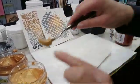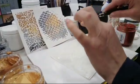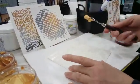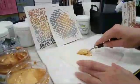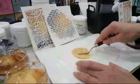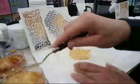So notice how I scooped up some of the metallic modeling paste onto the bottom of my offset palette knife. That's important because it allows me to do my smush and my smear. Very cool. And I'm just smearing it around, just getting it started. What I like about these new metallic modeling pastes is that...